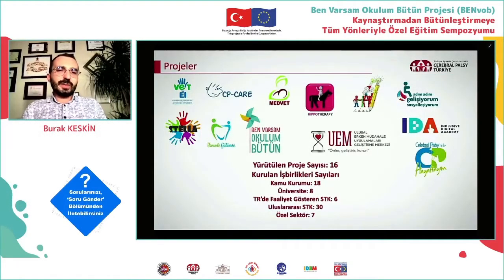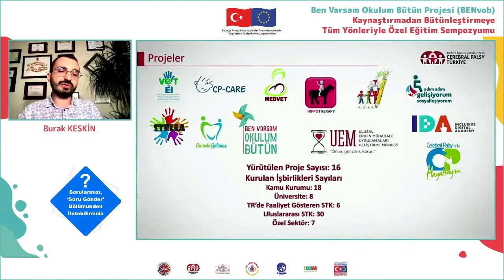So, as Spastic Children's Foundation of Turkey, we implemented 16 different projects in the last years. And you can see some of the logos of our projects on this screen. And thanks to these projects, we established dialogues with 18 different public sector organizations, 8 different universities, 6 different Turkish NGOs, and 30 different international NGOs, and also 7 private sector